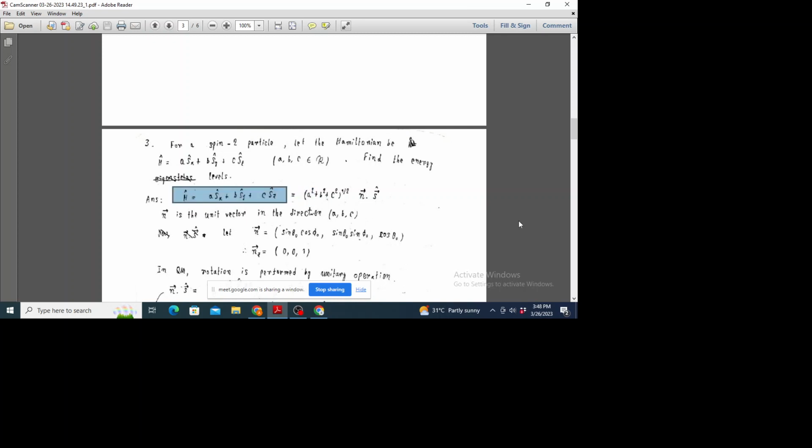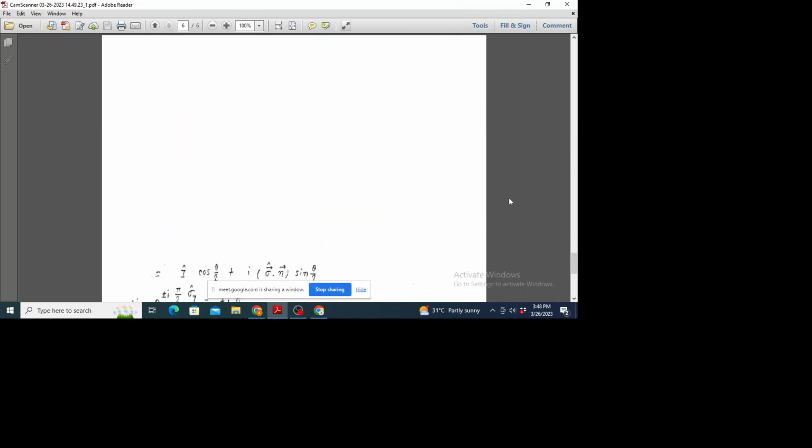So this is the Hamiltonian, a linear combination. And okay, so comparing with this problem,